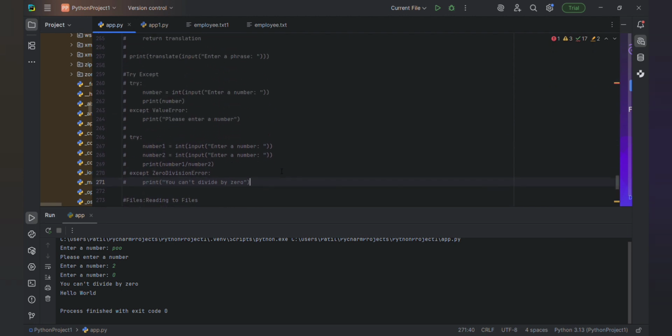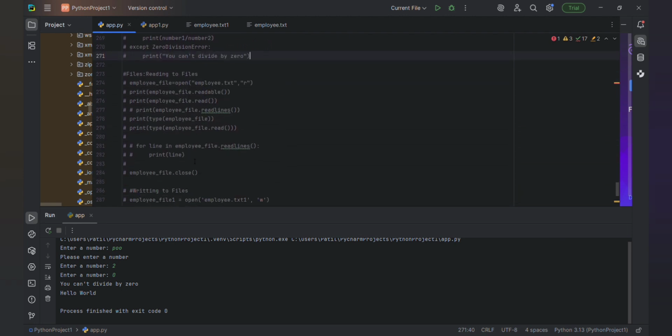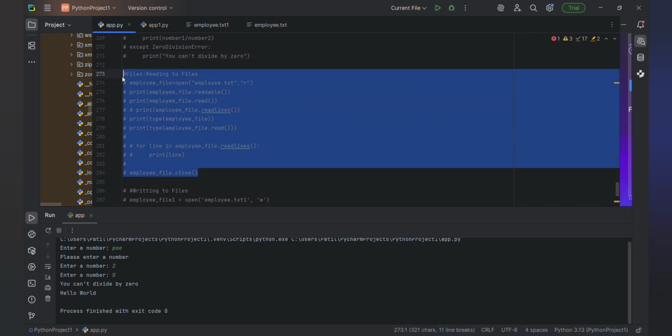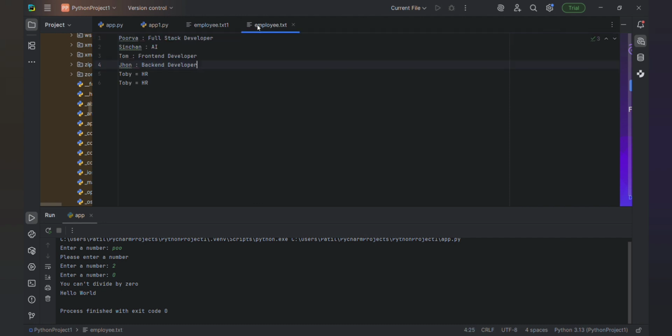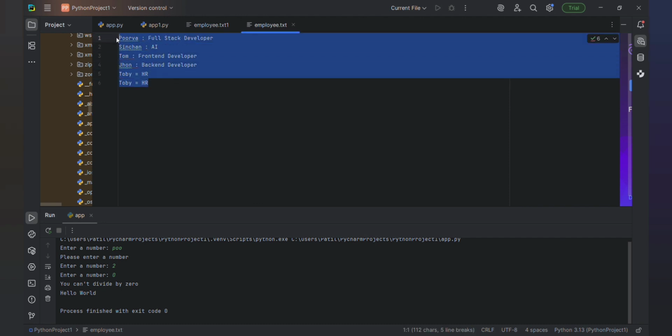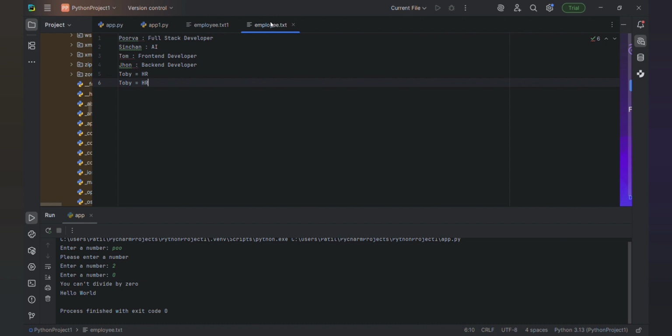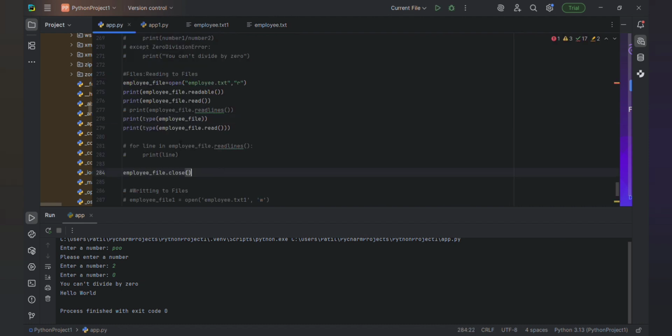use try and except. So the next thing is reading files in Python. How you can read files in Python, this is the next thing we are learning here. Here I have already made this employee.txt file, and I am reading the file in this variable.